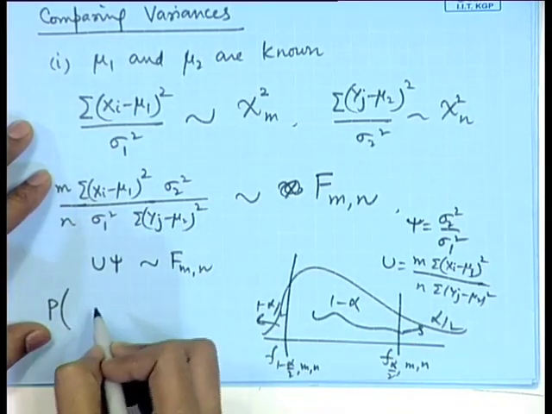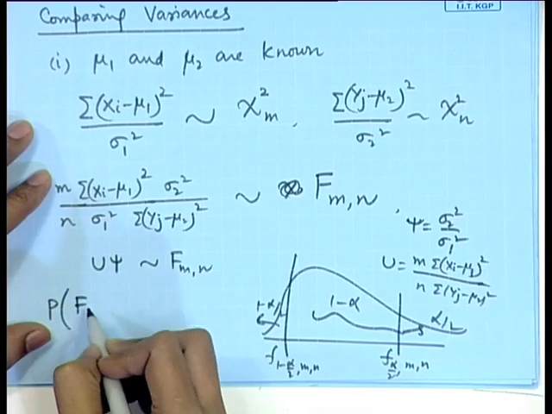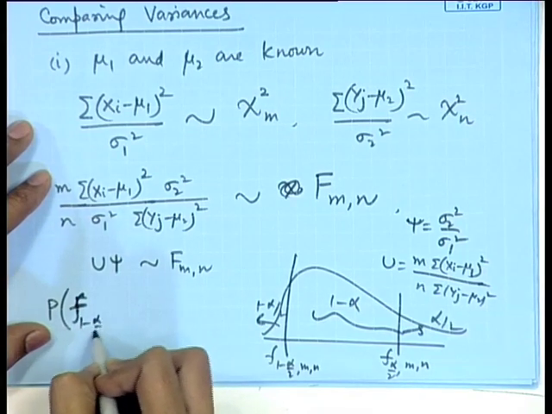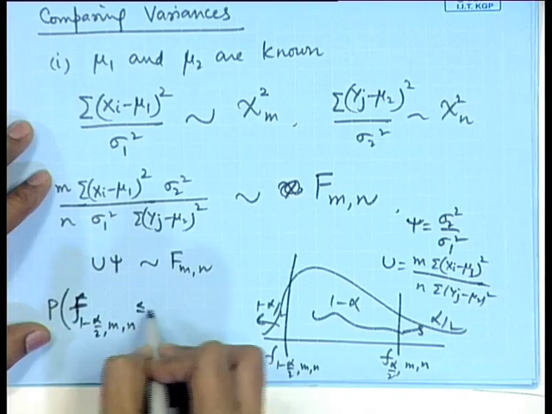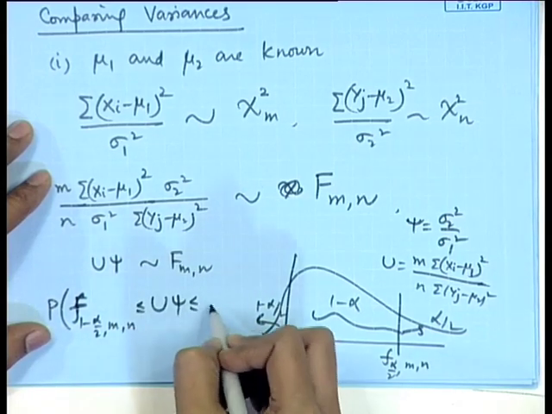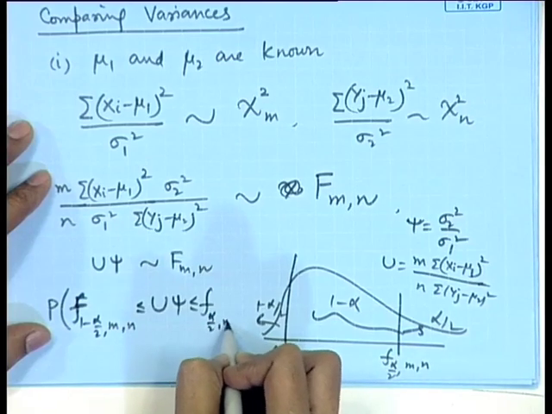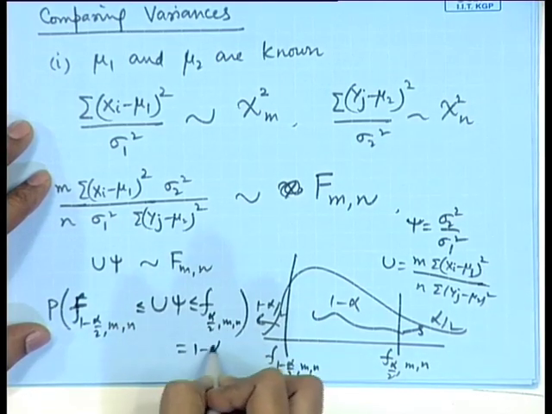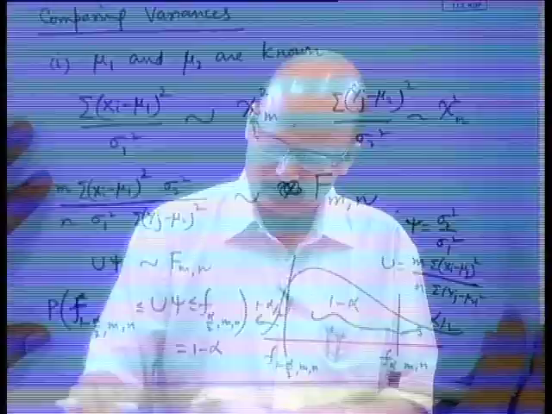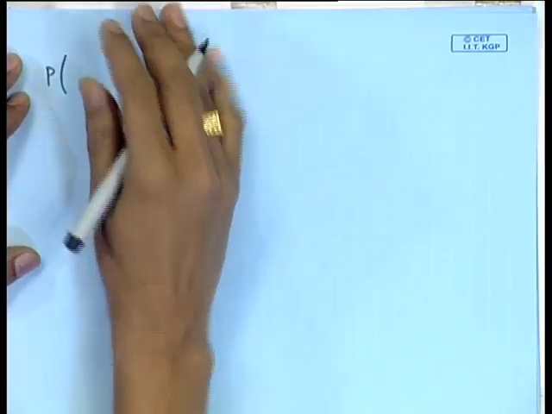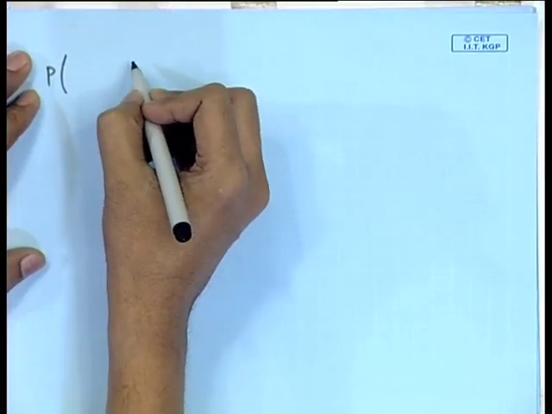So, probability of F 1 minus alpha by 2 m n less than or equal to u psi less than or equal to F alpha by 2 m n is equal to 1 minus alpha. So, we can write probability of u